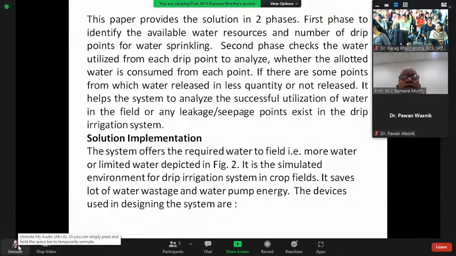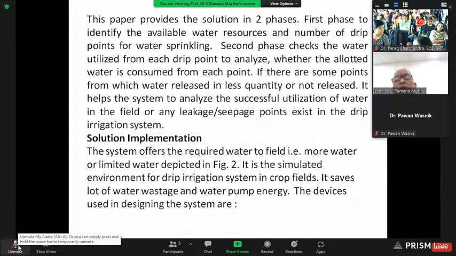So this provides two phases. The first phase is to identify the available resources and the number of drip points for water sprinkling. The second phase checks the water utilized from each drip point to analyze whether the allotted water is consumed from each